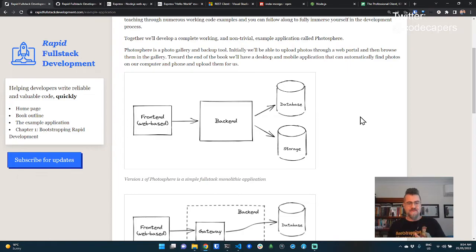Is at the end of each session, you'll be able to grab the code and take a look at it for yourself, have a play with it, try to break it, try to add some stuff to it, whatever you want. So why am I doing this? It's always important to ask this question, why? And part of the book I'm writing is to help you figure out where's the best place to invest your time while coding. You want to be able to write more valuable code.